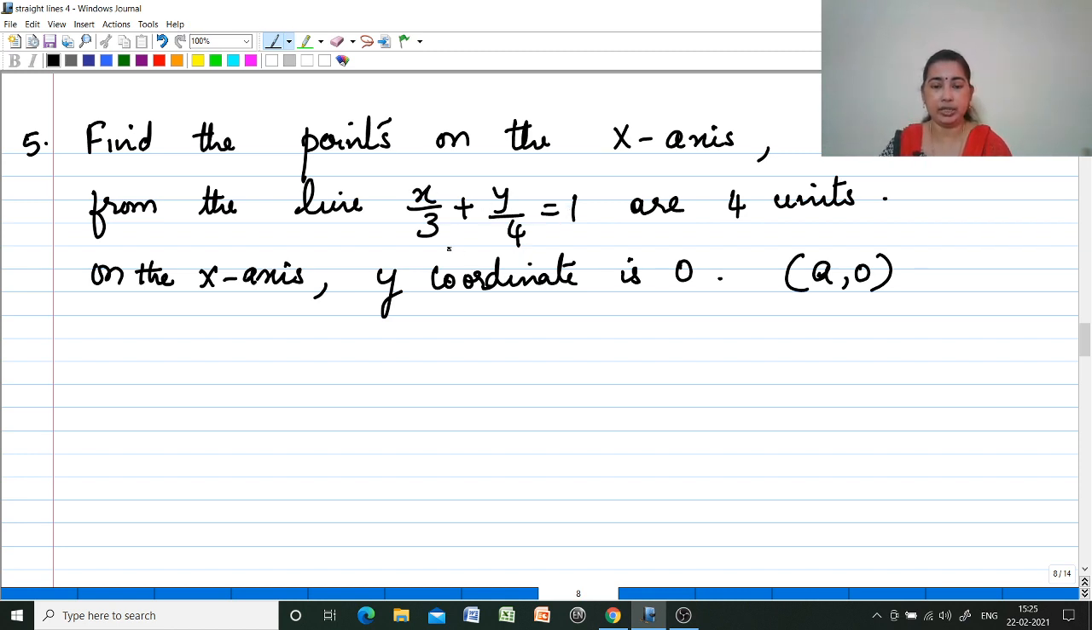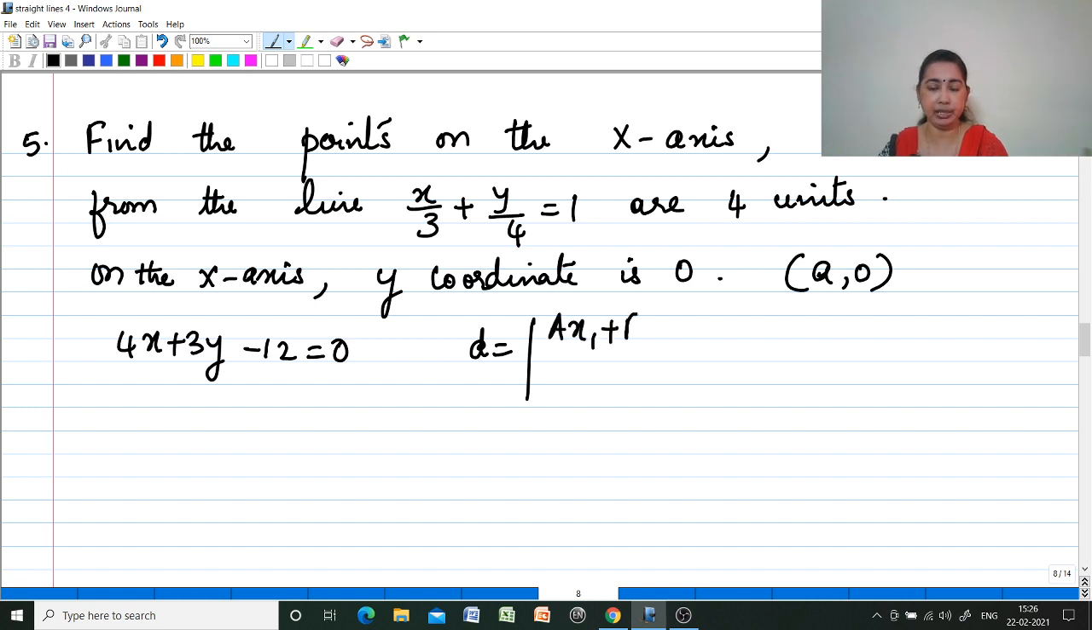Then this equation we can rearrange and write as 4x plus 3y minus 12 is equal to 0. Cross multiplying gives 4x plus 3y minus 12 is equal to 0. Now the distance is given as 4 units. Distance from the point (a, 0) to this line is 4 units. So distance is equal to modulus of ax1 plus by1 plus c divided by root of a square plus b square,